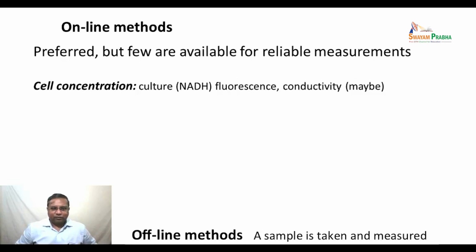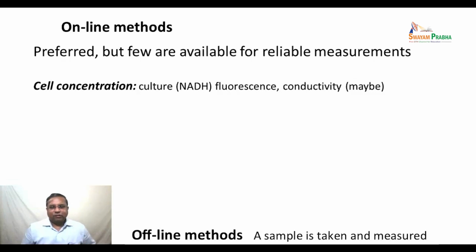NADH is fluorescent, NAD is not, and the level of NADH is a direct indication of the cell concentration. Higher the NADH fluorescence, higher the cell concentration. The relationship has been established. So you could follow the increase in cell concentration through the NADH fluorescence, or it's also called the culture fluorescence,